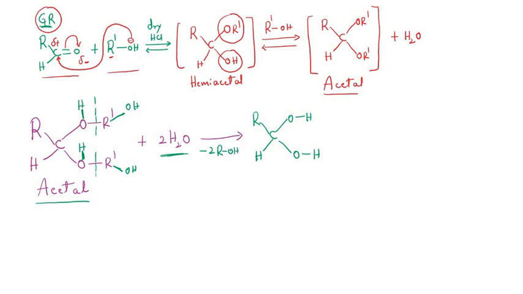alcohol, right? But here we have to see that, student, this carbon is now bearing two OH groups on the same carbon, so it is highly unstable. There is no such carbon atom which can contain two OH groups, so it undergoes intramolecular dehydration. So this bond will be shifting here. Now carbon is tetravalent here. This is first bond, second bond, third bond, and fourth bond. But when one more bond comes here, this carbon becomes pentavalent and this OH goes outside. So what is lost here now? One molecule of water is lost, and after that we are getting our original carbonyl compound, right? So this becomes a C double bond O. This is the original aldehyde which was involved in acetal formation.